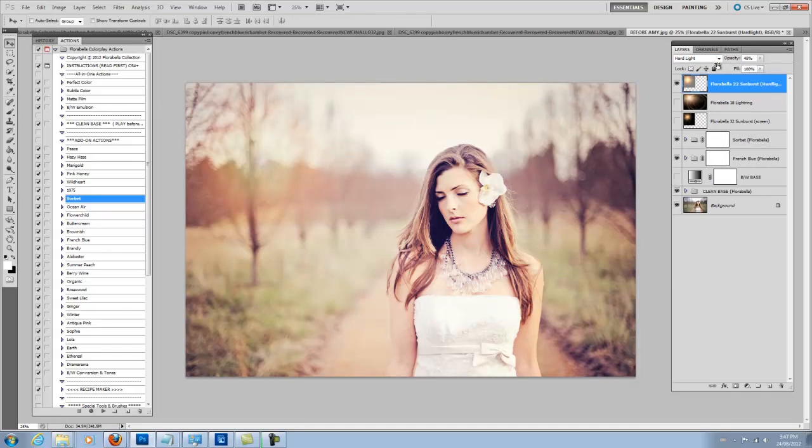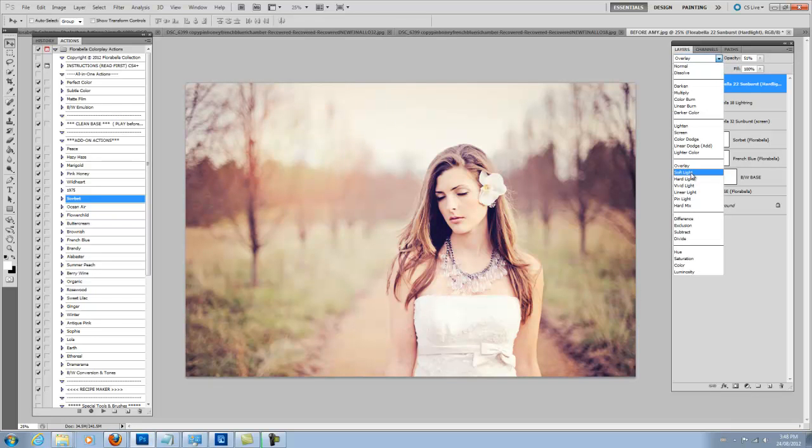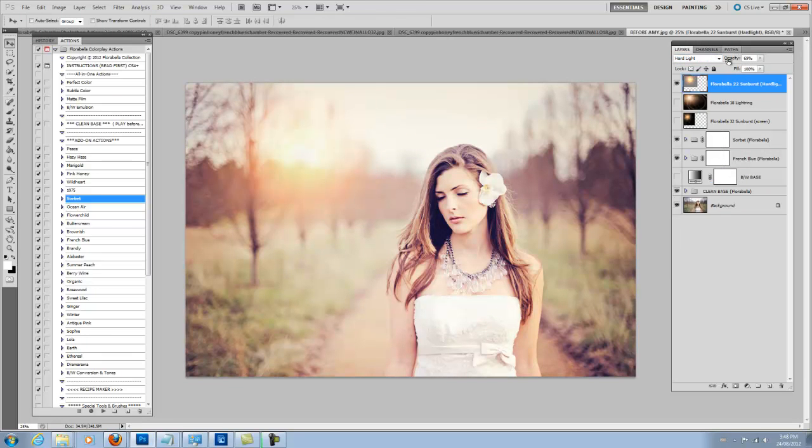It's too intense. Hard light or overlay. You can see what that does to the trees and overlay. It's pretty. Or soft light, which will be more subtle. Okay, I'm going to keep this one on hard light because I just want to demonstrate how if you like